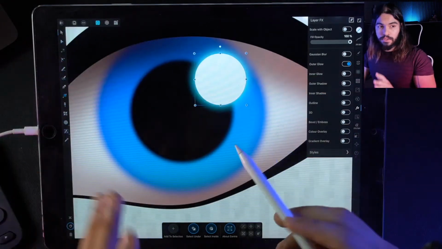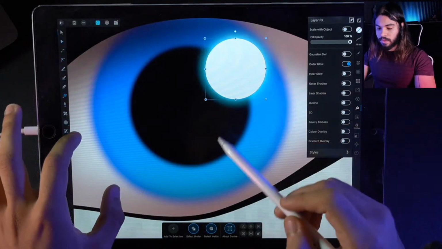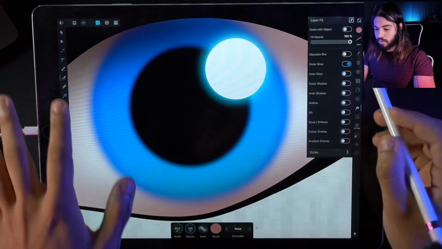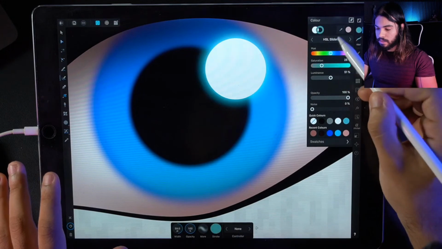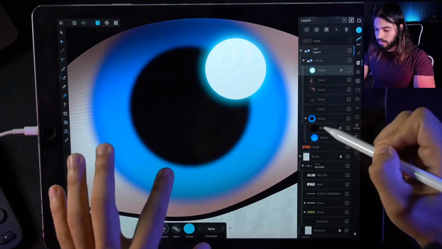A nice way, guys, to make more light is this. You can use the vector brush again, and I will make this with this color. All right,